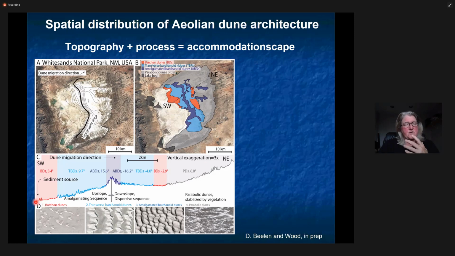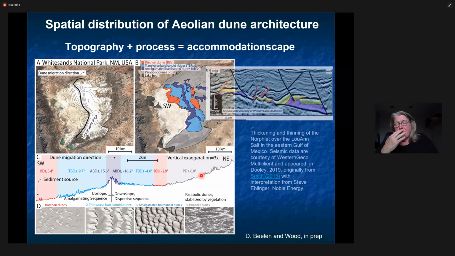And what he's been able to see is that you have a series of Barchan dunes that transition into amalgamate or transverse Barchanoid dunes. And then near the crest of that high, you have amalgamated Barchanoid dunes. Then as you come back down on the other side, you go back into transverse Barchanoid dunes and then finally Barchan dunes. And then you begin to get vegetation up in the mountains that stabilize these. What this suggests in plan view is that we have a sequence of dunes that evolve as you reach the crest of a structure, and then they devolve down the other side. So it's very systematic in the way they evolve.